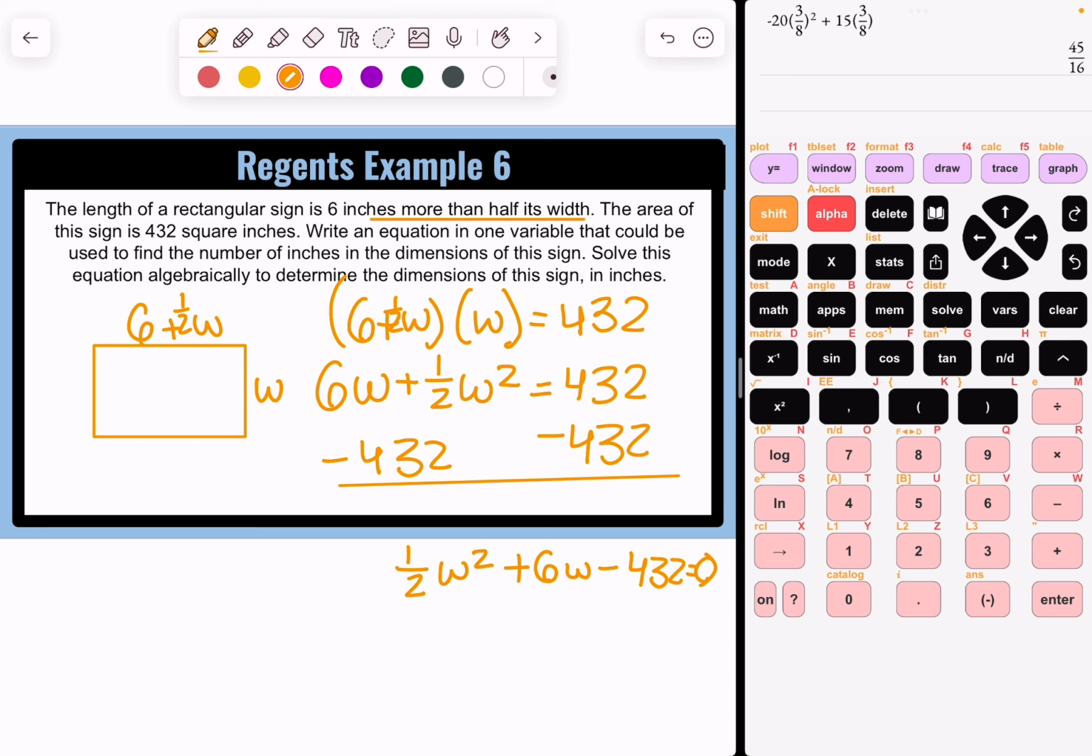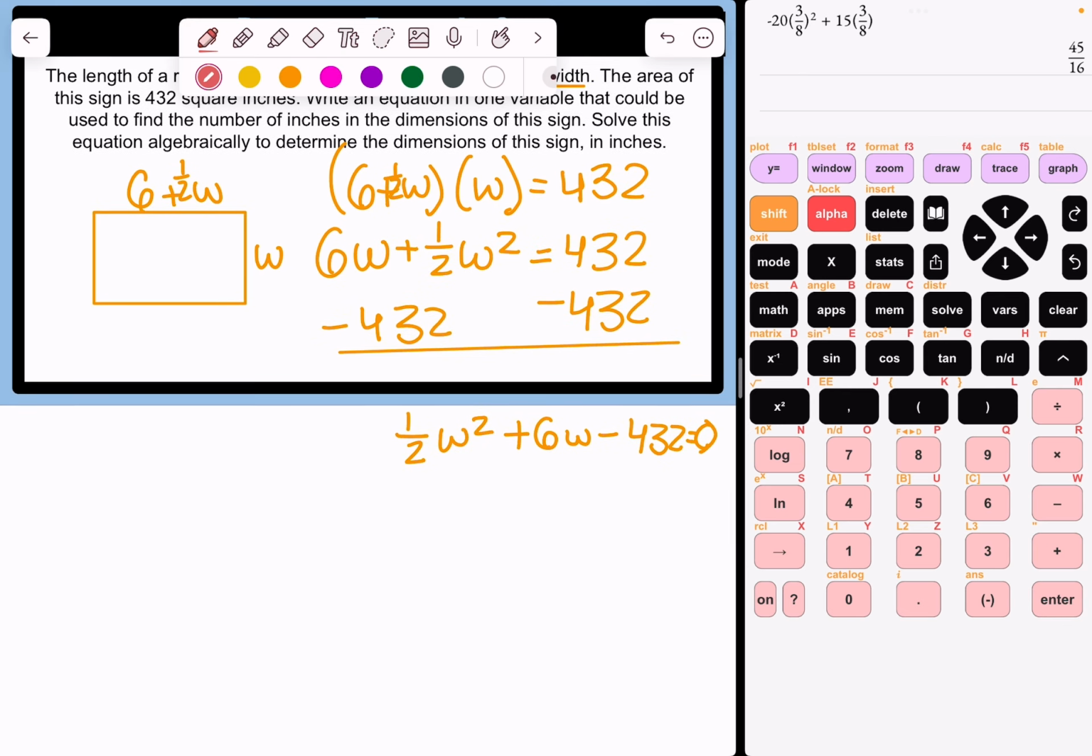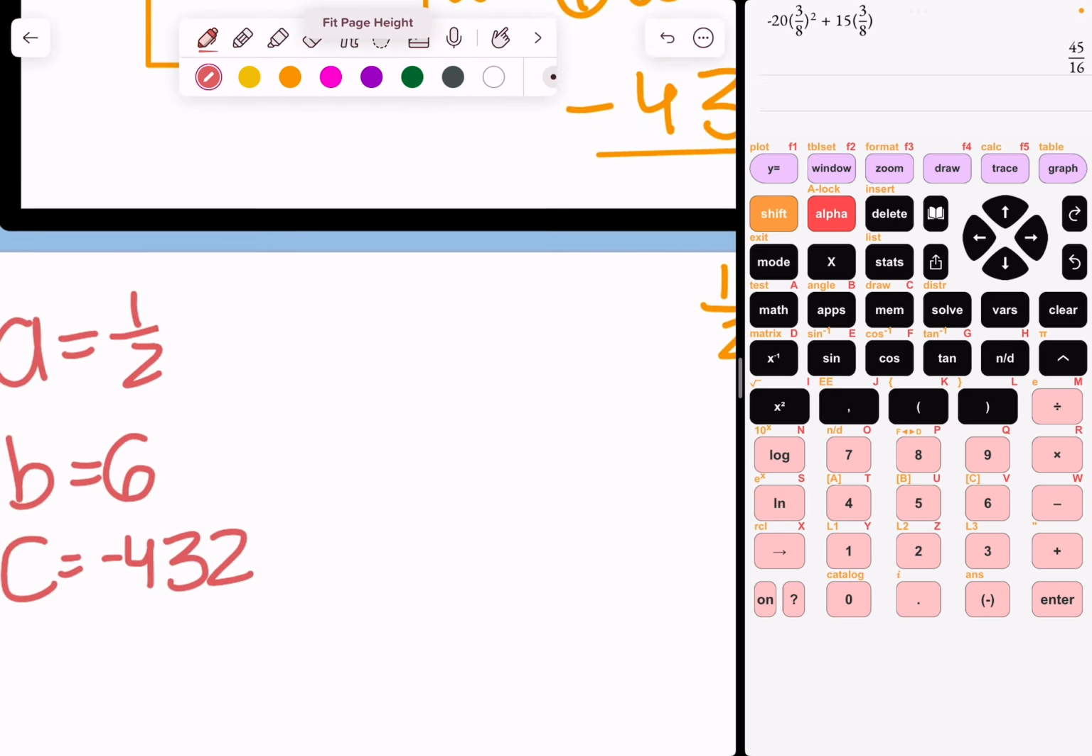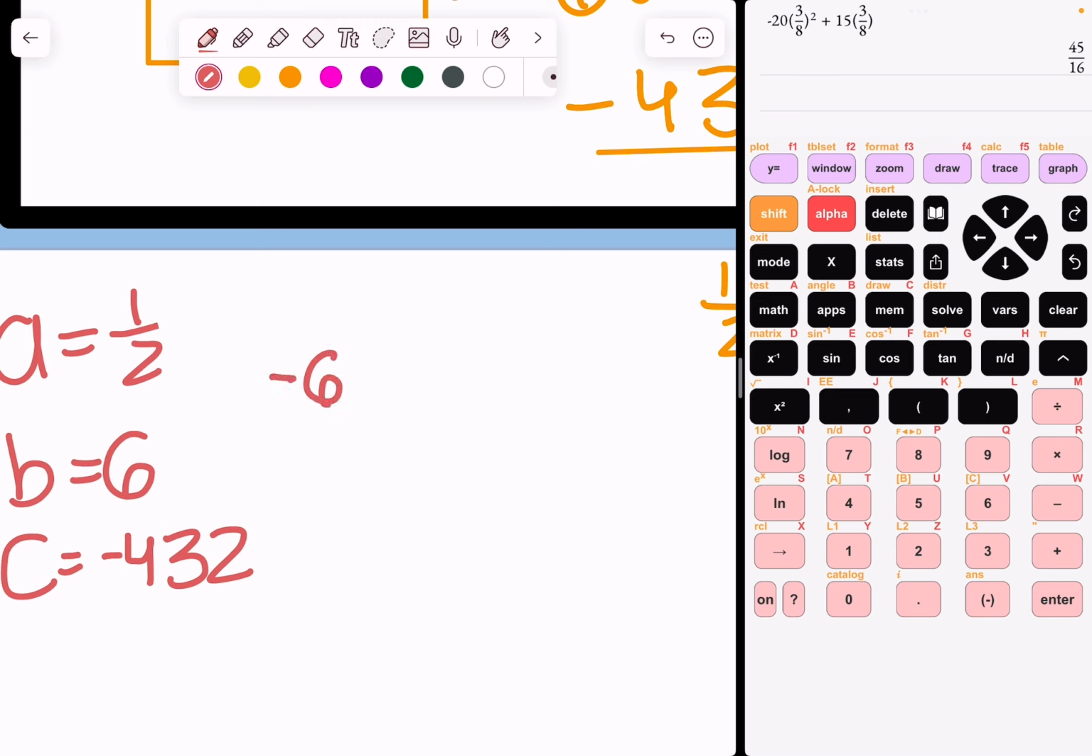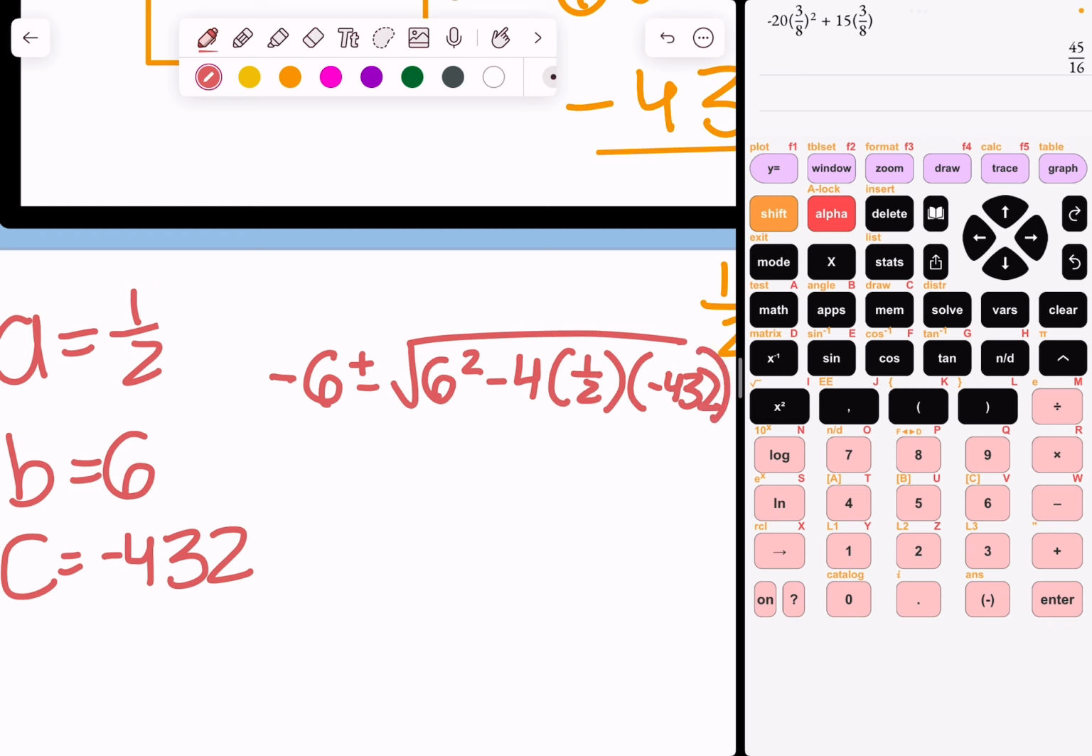We don't know how to do the add multiply trick with something that has a 1/2 in front of W squared. So I'm actually just going to use the quadratic formula. My A is 1/2, my B is 6, and my C is negative 432. Alright, let's go over how to do this. Negative B plus or minus square root of B squared minus 4AC all over 2A. This will give me negative 6 plus or minus